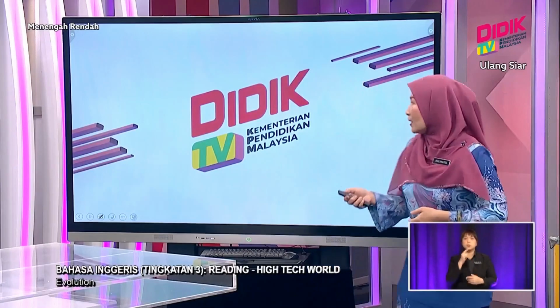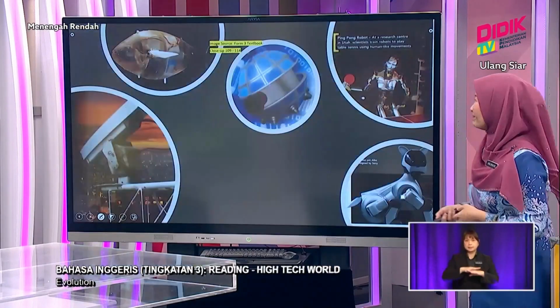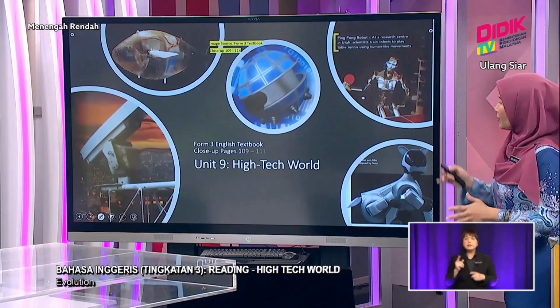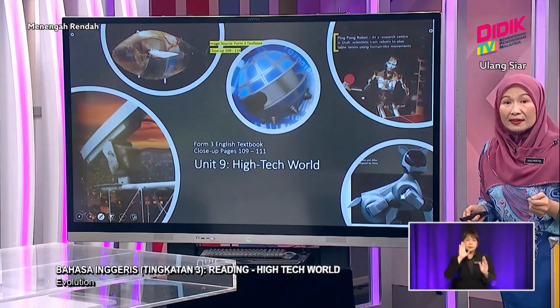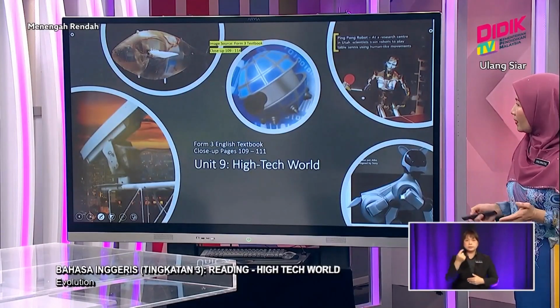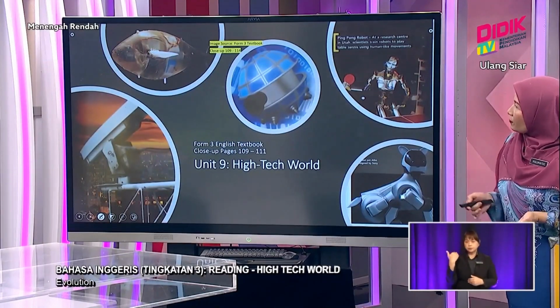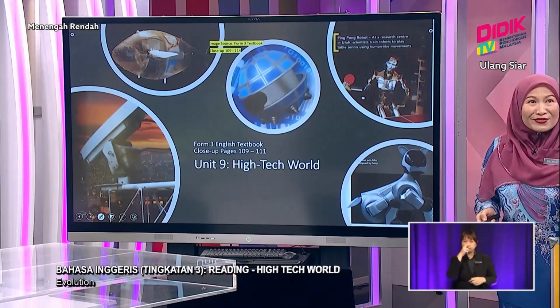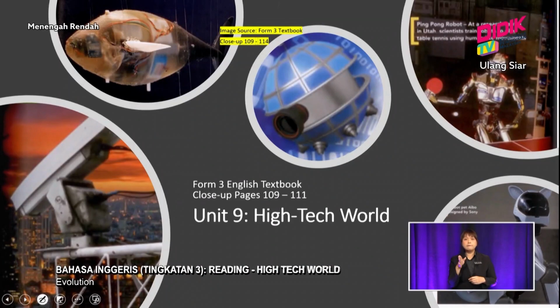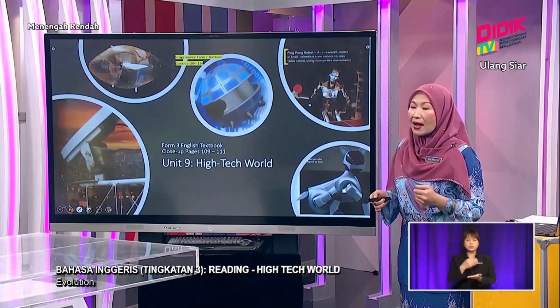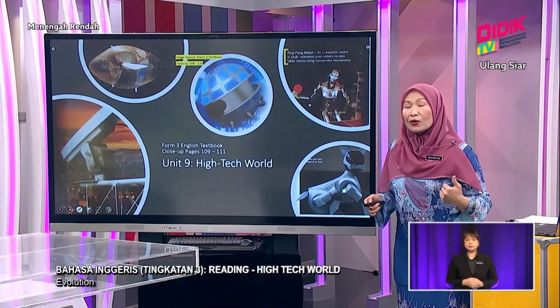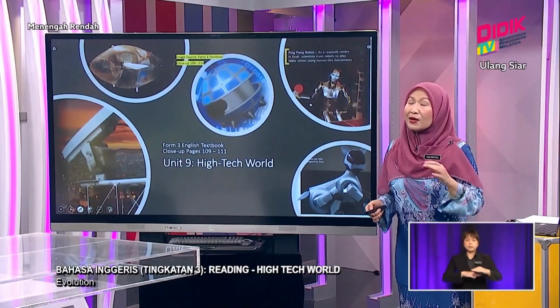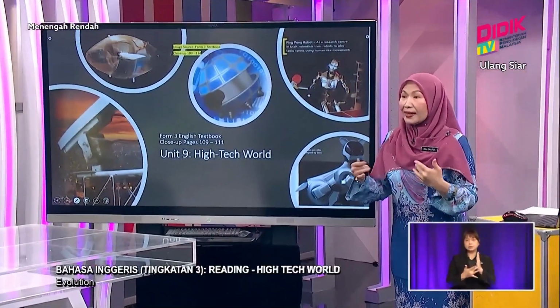Okay. All right. So let's begin with our very first slide of the day. Okay, so this is just a quick teaser. These are all pictures that are in your textbook. Okay, as you can see, we have surveillance cameras. We have a funny looking fish. It's a fish, but it's not a real fish. Yeah, and then we have a ping pong robot. All right, and we also have that very cute robot pet Aibo, designed by Sony. And these are all things that are animated and real, based on what's natural around us. And there are reasons why these high-tech gadgets are designed.